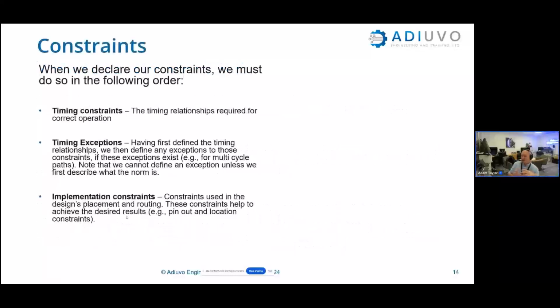So as you'll see as we go through the example in a minute, when we define our constraints, what we want to do is define these in the following order. The first thing is to define any timing constraints, so we need to define the timing relationships for correct operation. Once we've done that, the next step is to tell the tool what any timing exceptions are. For example, if we have clocks that are asynchronous to each other, we want to say, hey, these clocks are asynchronous to each other. Don't try to find a common phase, find a common period, because it's not going to happen, and it's going to burn a lot of implementation